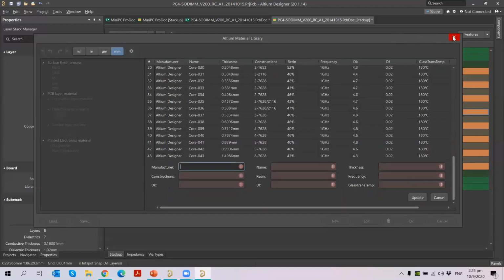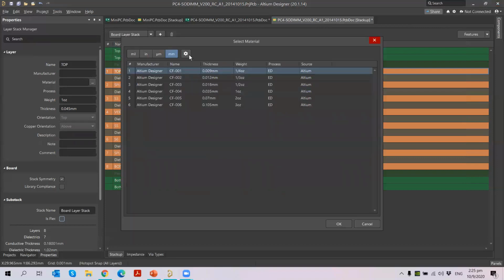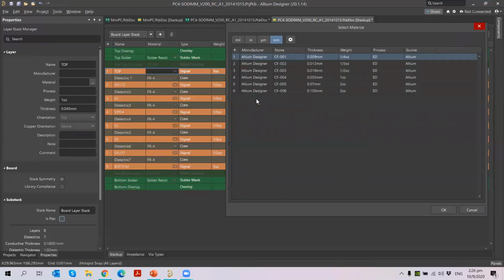I'm not going to do that. Let me close it. So you can do that. Then coming to the next, you can also add a material library there, or if you are doing it here, for example, I just click here, I want to add a material library. You can go for material library by clicking on the dot. You will see what are the available materials for that particular layer. You can choose from here which material you want to place, and just place it there.